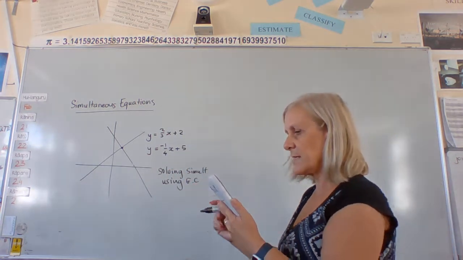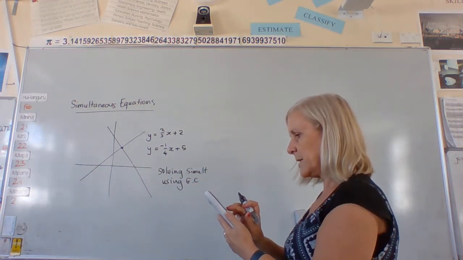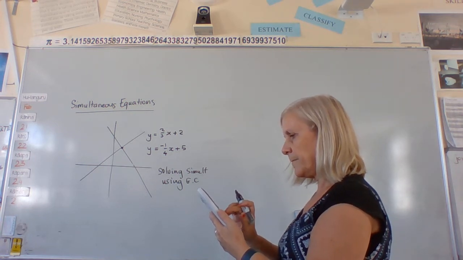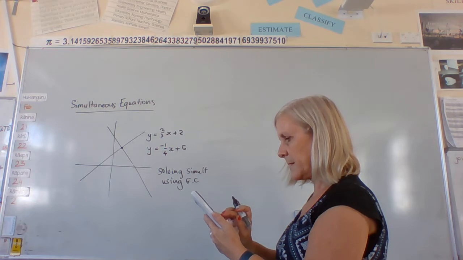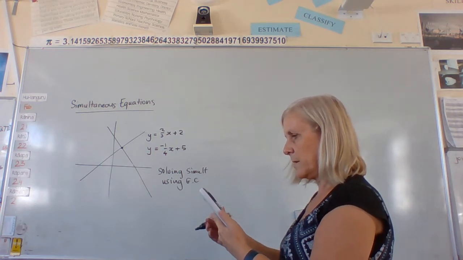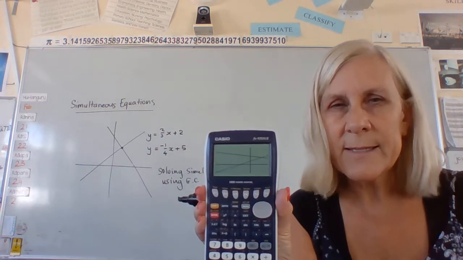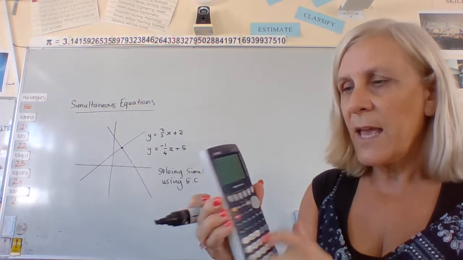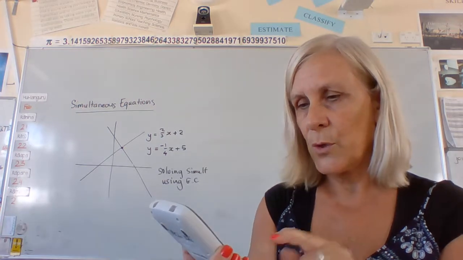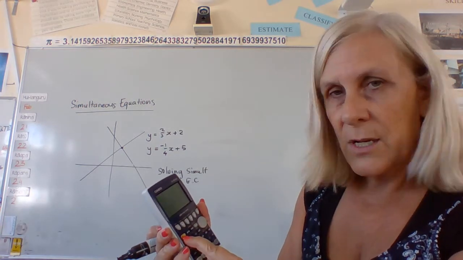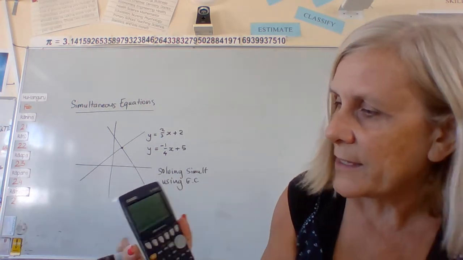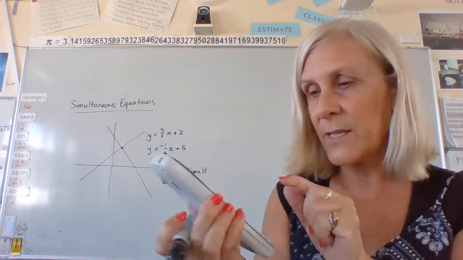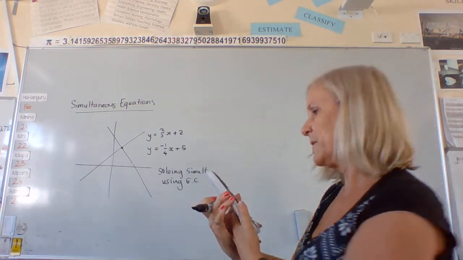It's because my axes are weird. Let's see if I can get a better view window. Okay, so you can see it there, kind of looks like what we were looking for, this point here where they intersect. To do that, all we actually have to do is go Shift G solve, and then it says here F5 is intersection, and that's going to find the point. So we push F5,